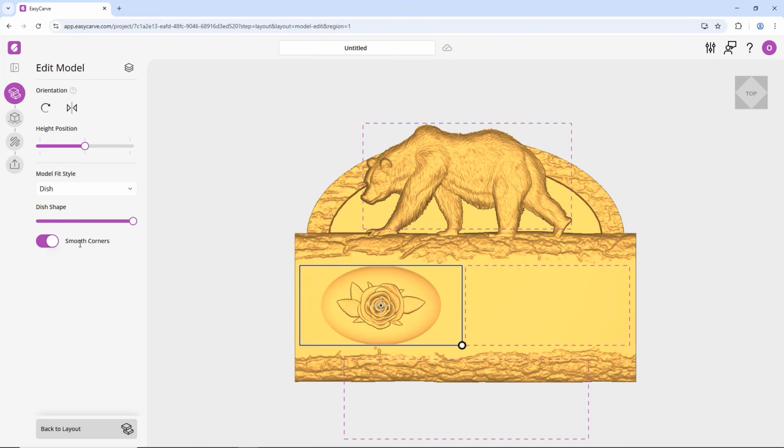And there is also the option here to smooth corners. So currently we have the smooth corner option selected. So as we move the dish shape up and down, the corners of the dish will become more smooth and rounded. If we unselect this option here, you can now see that the dish stays as a rectangular shape